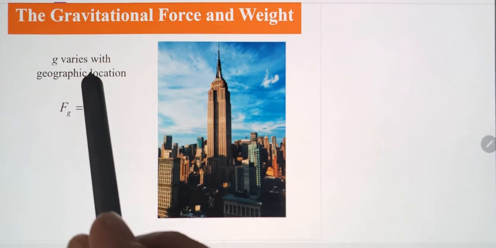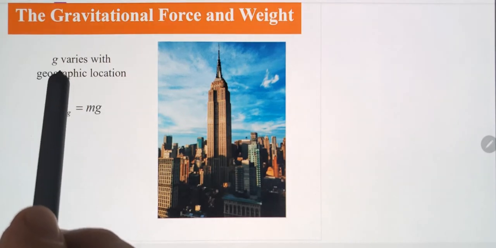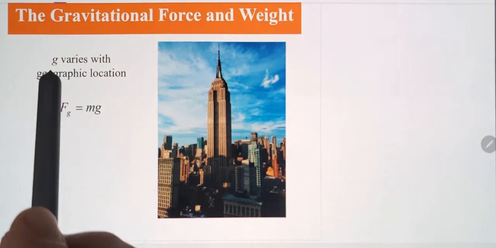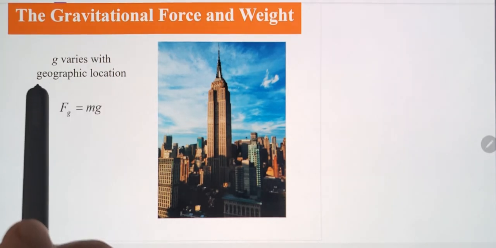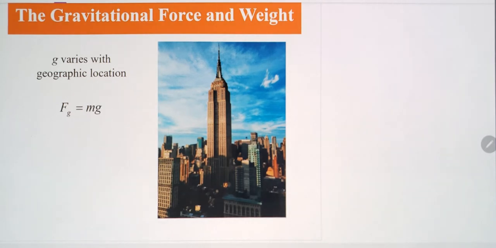Now pay attention: G is not constant on Earth. G varies within a geographical location. In most places it's 9.80 or 9.81. However,